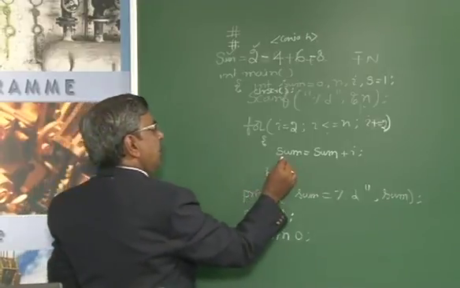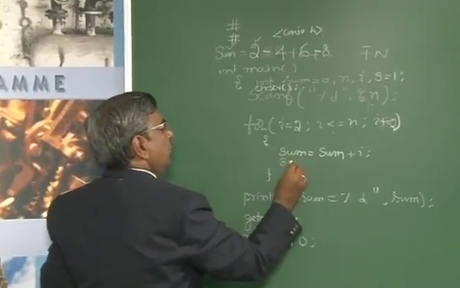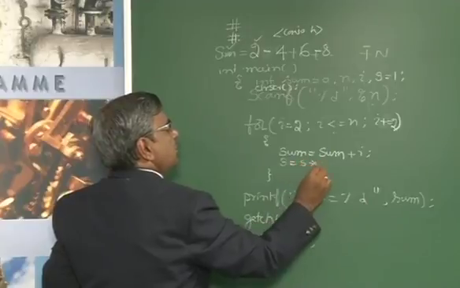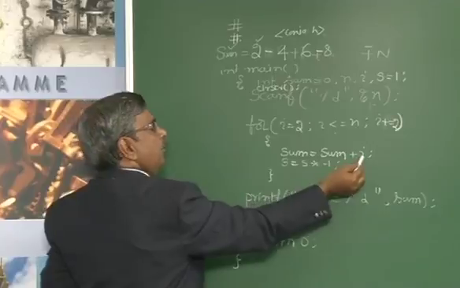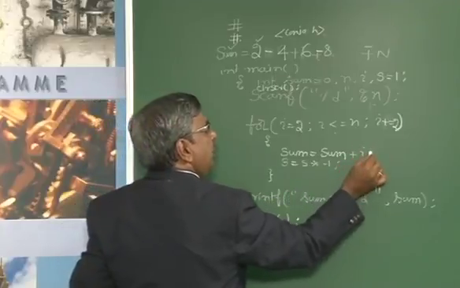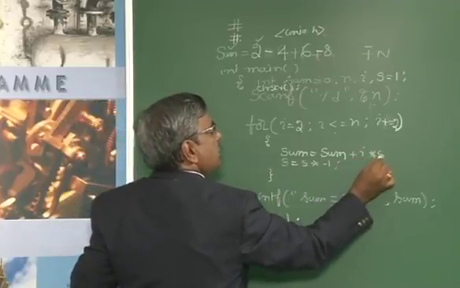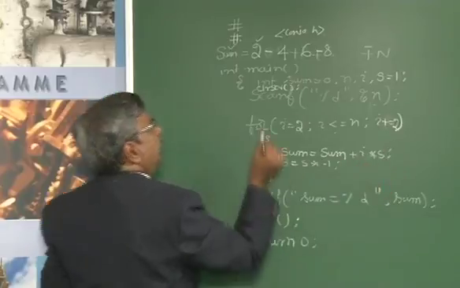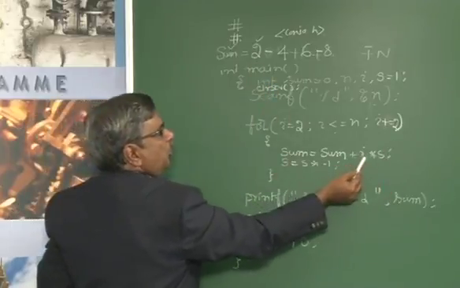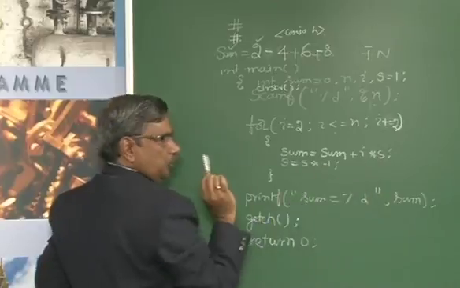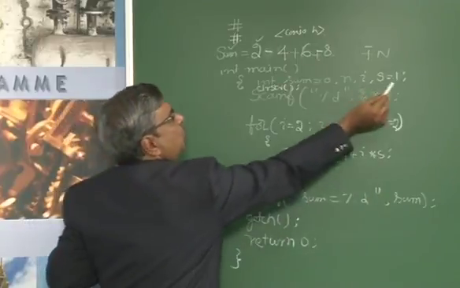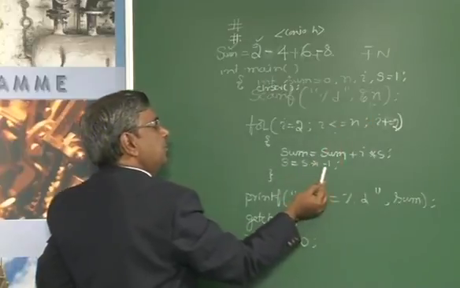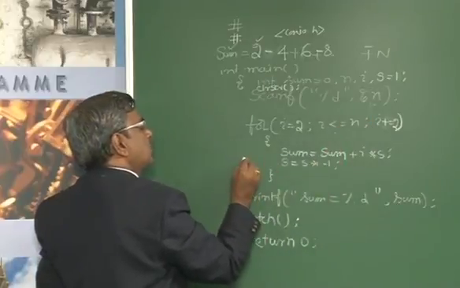Inside the loop I will change the value of s equal to s into minus 1. What happens? The first time, when you multiply your i with s, it will be positive because the first number is 2, and 2 gets multiplied with 1, giving 2. Next time the variable s, which I initialized to 1, gets multiplied with minus 1, it becomes minus 1.